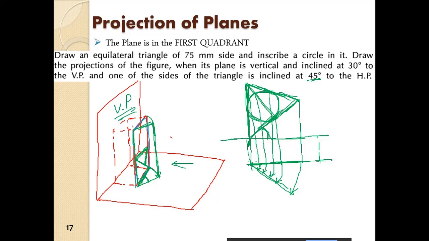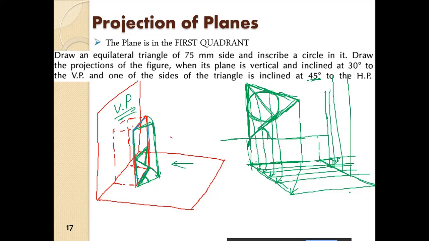Okay, so now you have to shift the points. So I will draw one line at a 30-degree angle. All right, from here I will drop horizontal projections. All right, and then from these points of intersection I will drop vertical projections. All right, and from here I will drop horizontal projections. Okay, and then you have to draw the